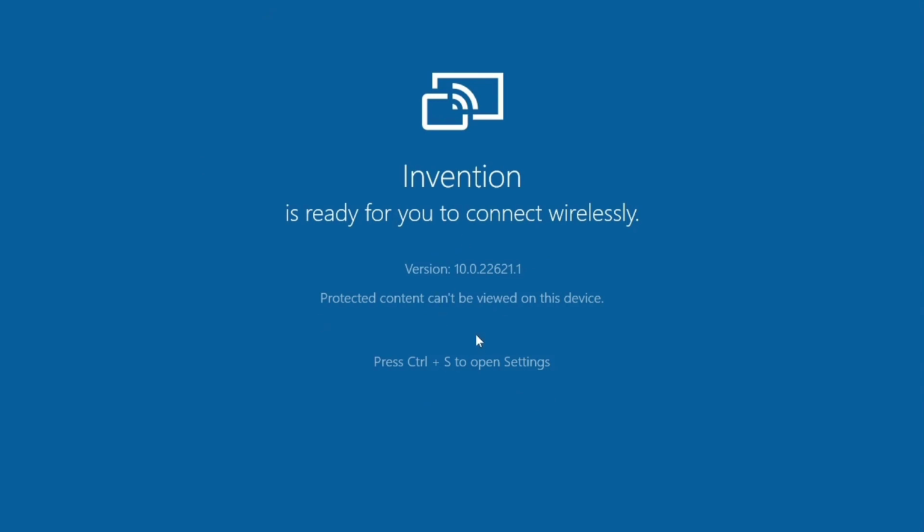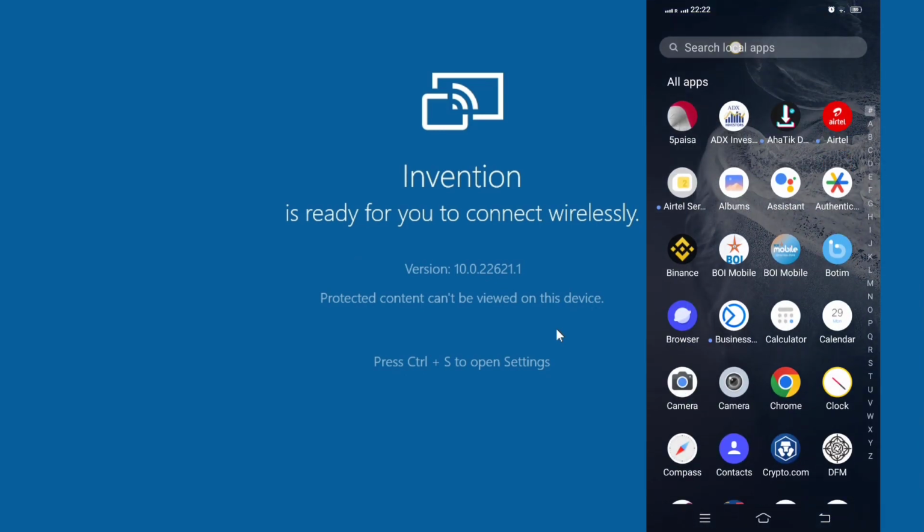Now you have to make some settings changes on your mobile. That I will show you over here. Once this window is open, only then you have to do it on your mobile. Before that it's not required. Okay, Invention is ready for you to connect wirelessly. So now what you need to do, you have to take your mobile and do the following settings. Just open your mobile. Okay, go to